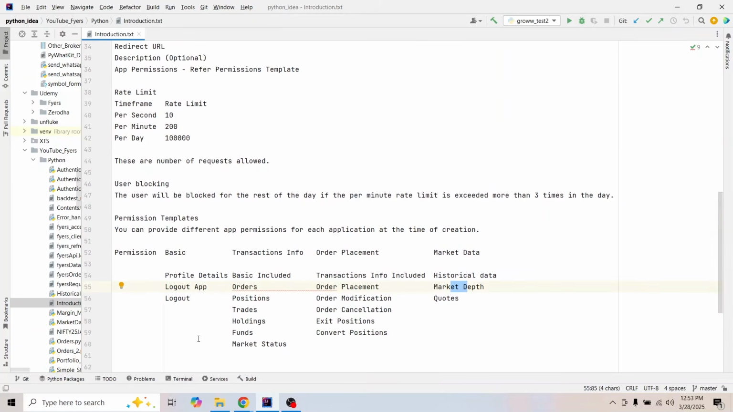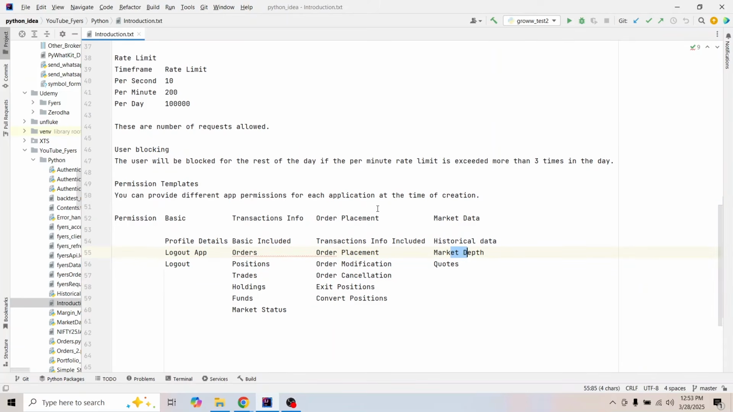So like I said, all this will be possible once you create the API, and there's going to be a separate video on doing that. So I hope you have understood the basics of FYERS, and I'm